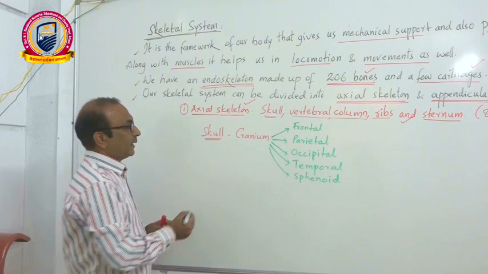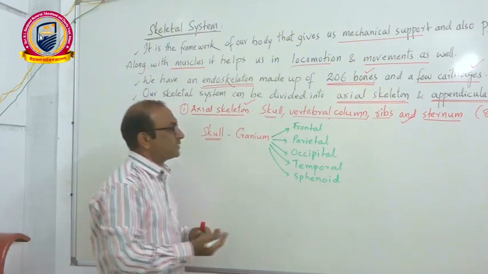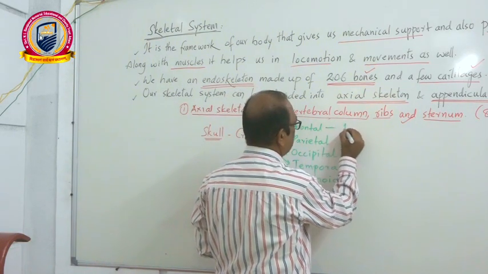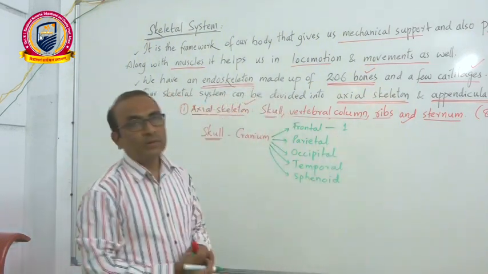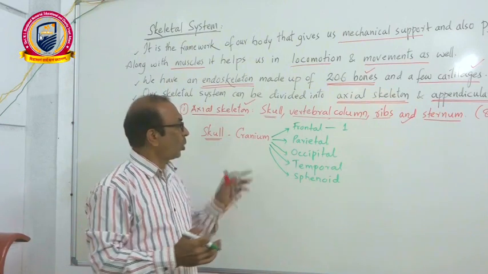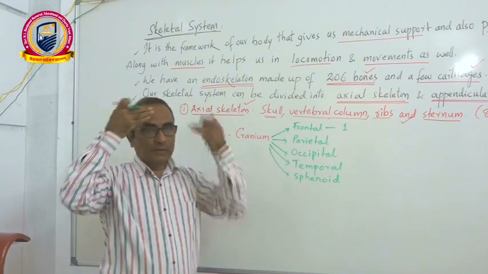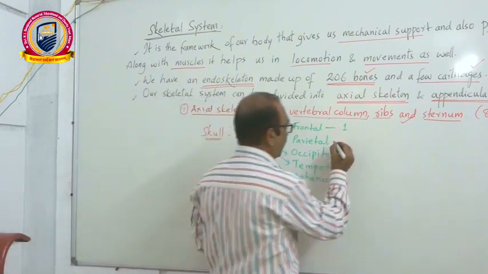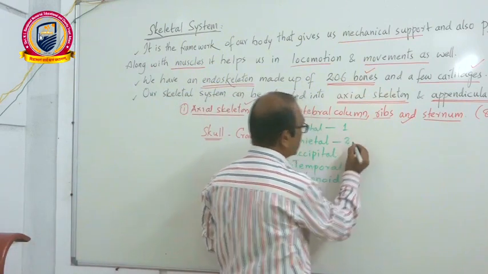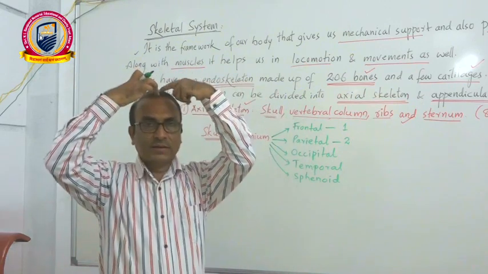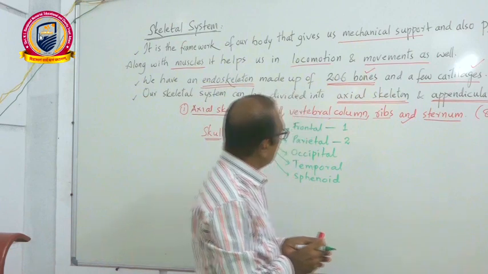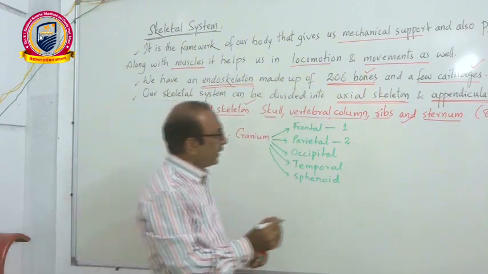There are totally 8 bones in the cranium. There is one frontal bone in front of the cranium, which forms our forehead, and then there are 2 parietals on the top of our head, joined in the center with the sutures. So 2 parietals we have, and then